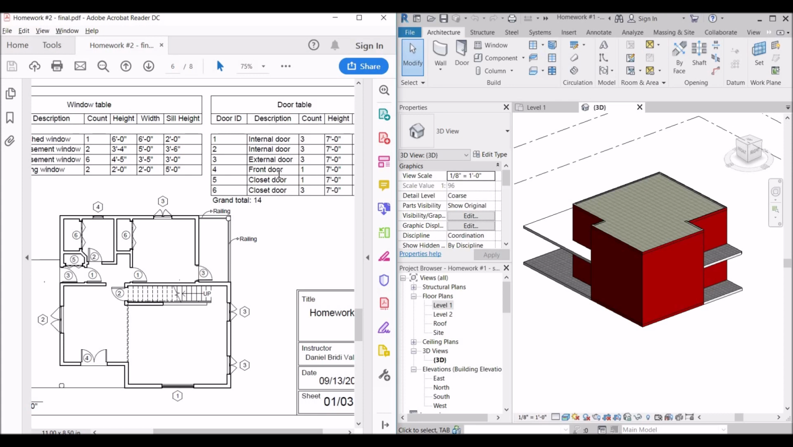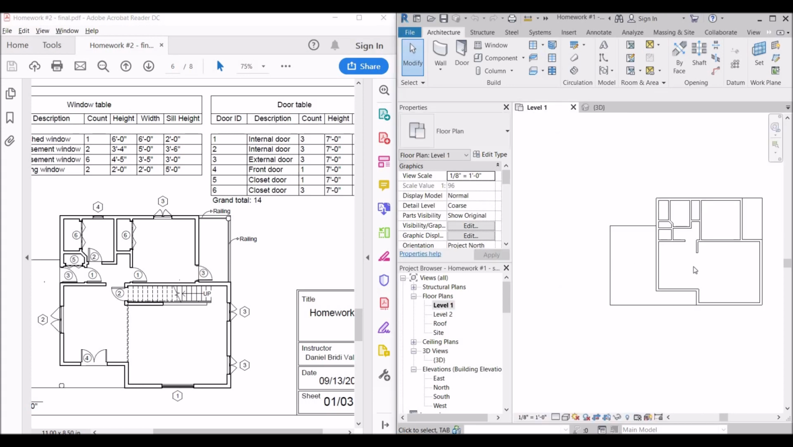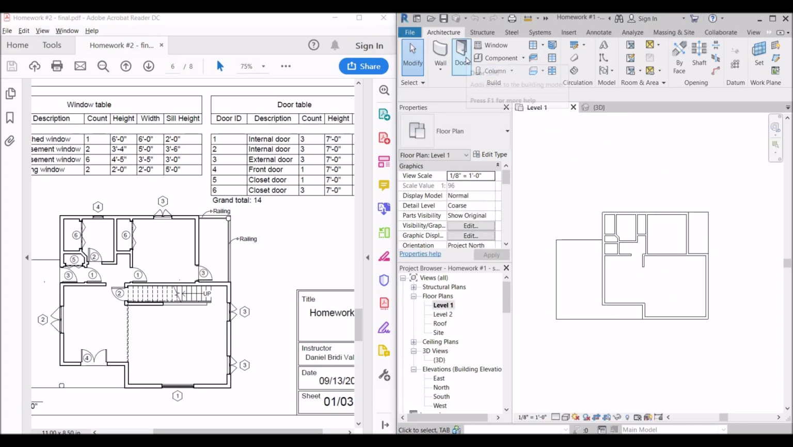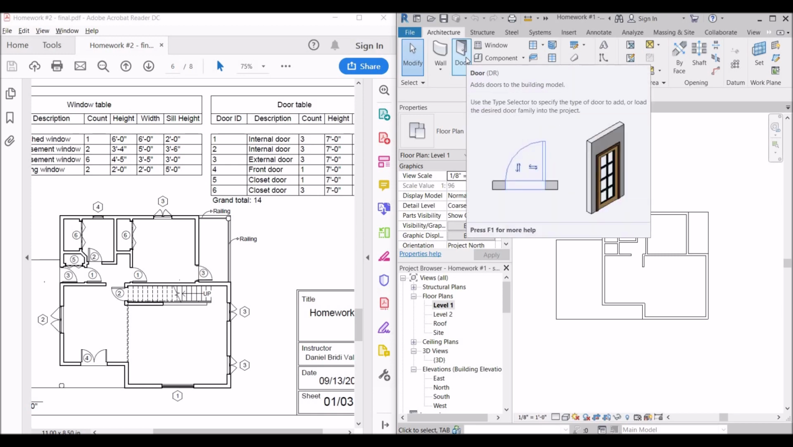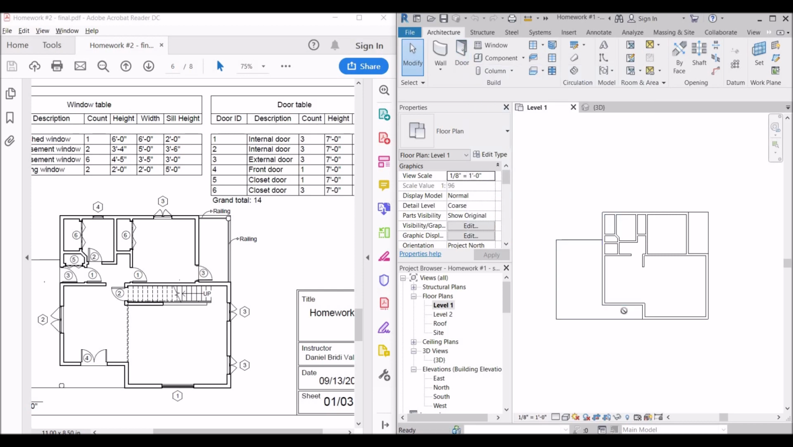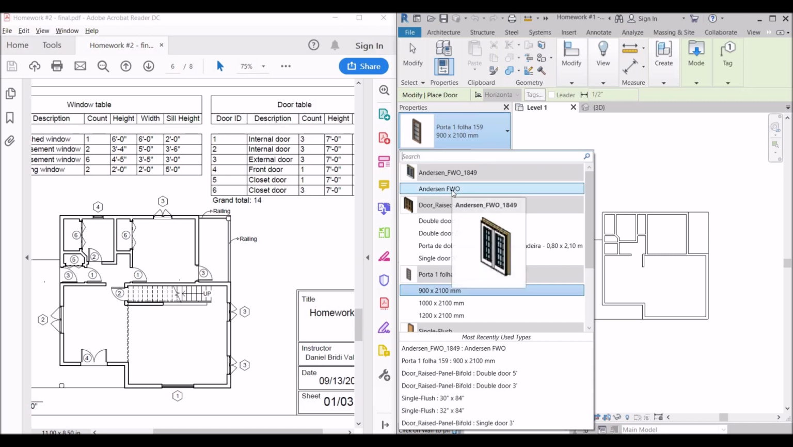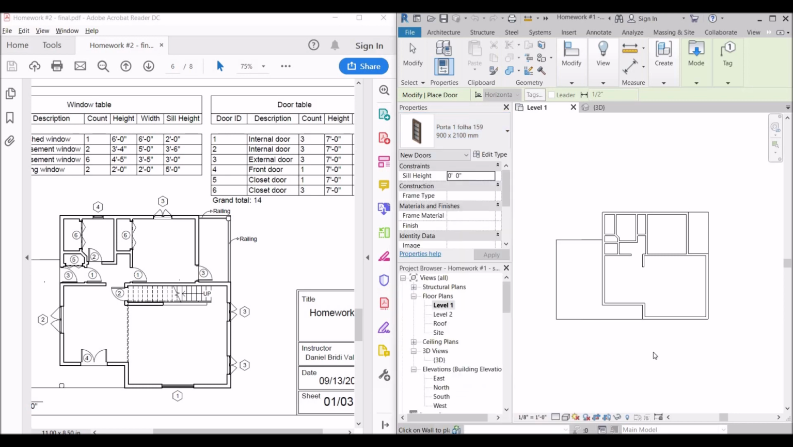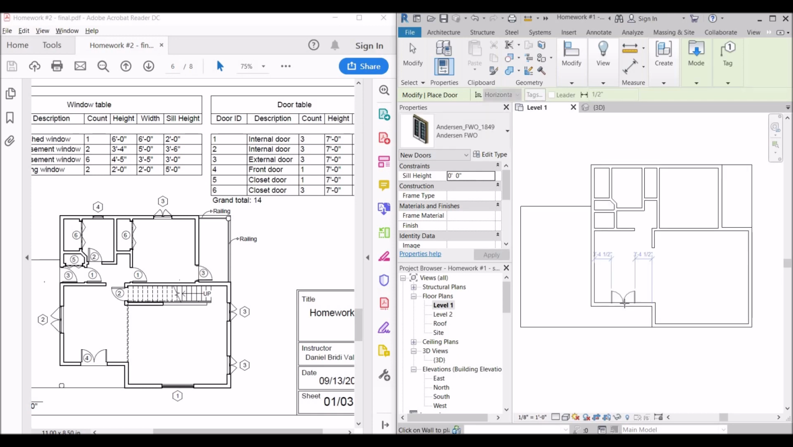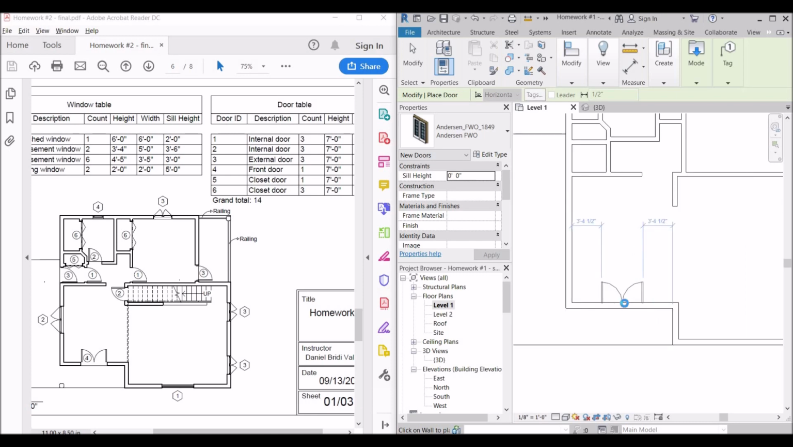Okay, so I'm going to start with the front door, which is this one right here. I'm going to go to level 1, and I can either click here or press DR. That's what I'm going to do. And I'm going to select a door that is this one for our front door. If you're using the template I put up on Blackboard, you should have this family. If not, you can download online. Okay, so I'm going to put this door here. So there is going to be only one of this door in our project,